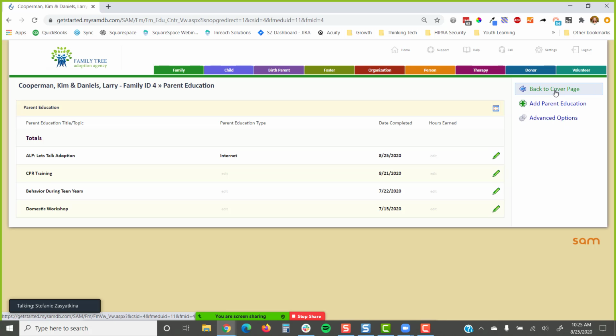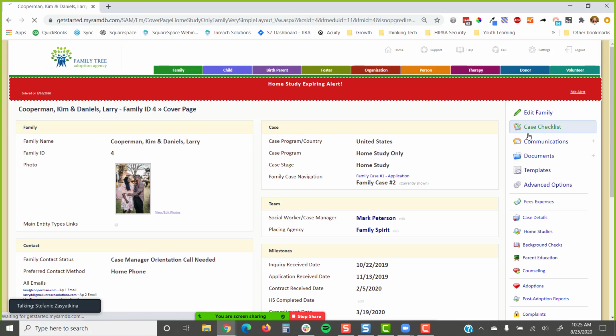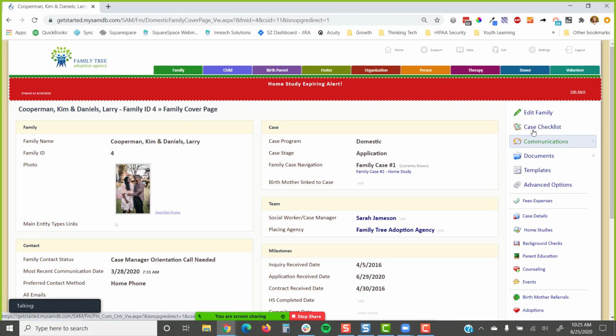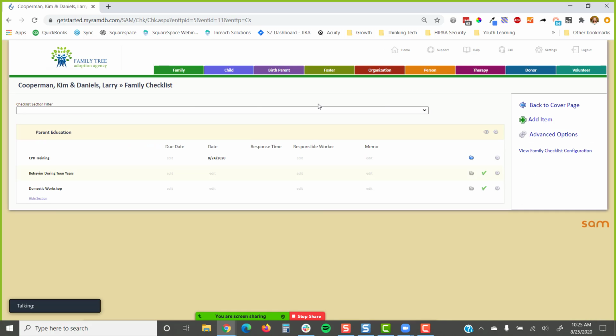Okay, so internal form. When I go back to the cover page and go to the checklist, let me go over here and go to their first case, which has a checklist on it. I created a parent checklist here. The checklist will be under the checklist section, and I've listed each of the trainings. And then I've just left this in this particular configuration with an upload, to upload the certificate. We would, for Marcy's